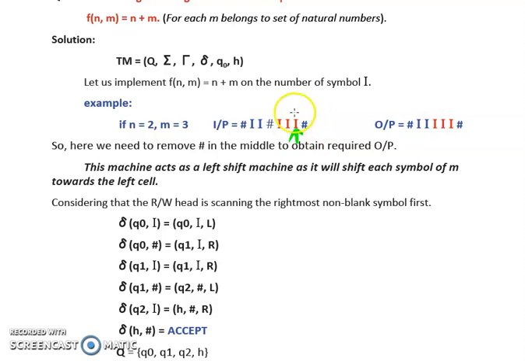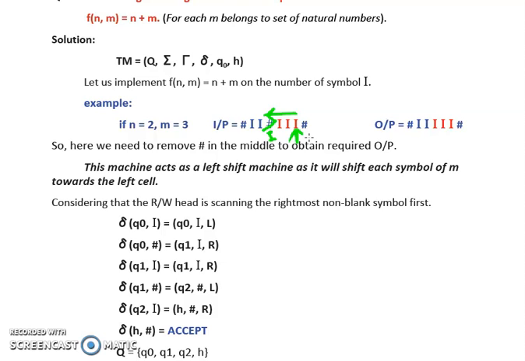Now, when we are on this particular I, let's say we are on the state Q naught. So we want to move to the left direction and we want to reach the hash because we want to remove this particular hash and replace it by an I. So we have replaced the value by I. Now from the first I till the last I, that means till hash, we are on the same state Q naught because we are treating each and every I in a similar way. So we require a loop over the state Q naught.